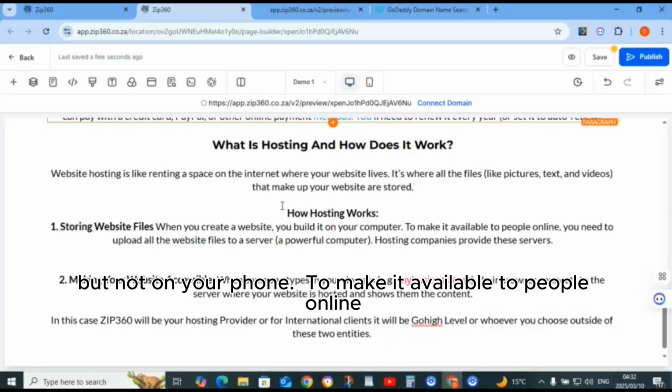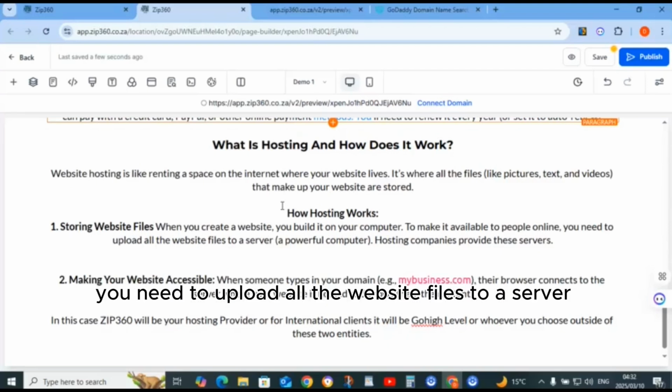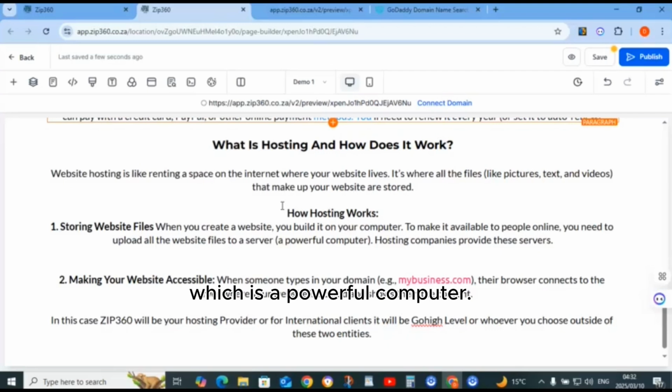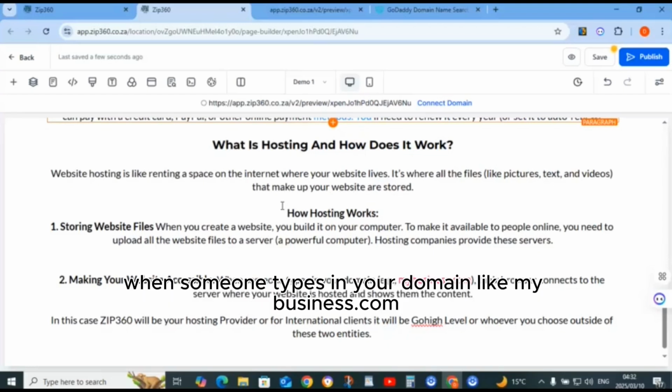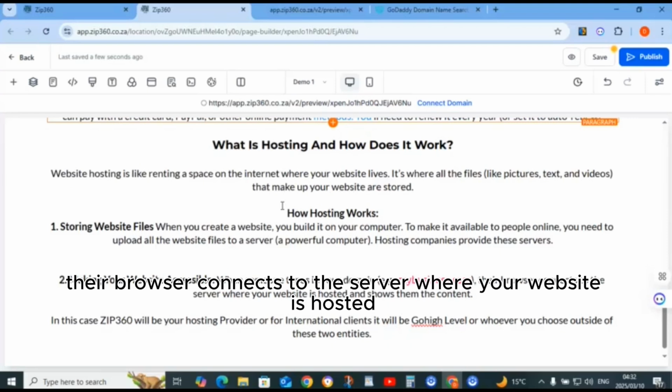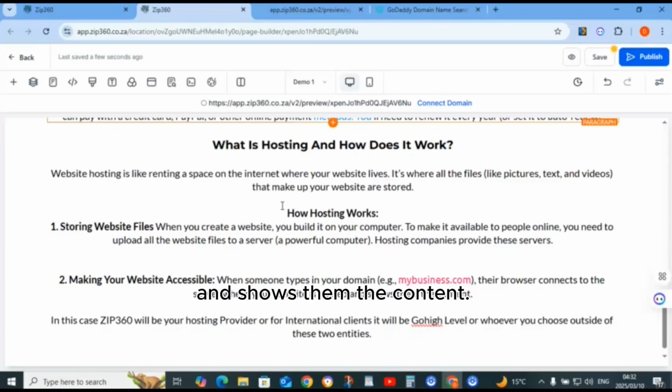To make it available to people online, you need to upload all the website files to a server, which is a powerful computer. Hosting companies provide these servers. Secondly, make your website accessible. When someone types in your domain, like mybusiness.com, their browser connects to the server where your website is hosted and shows them the content.